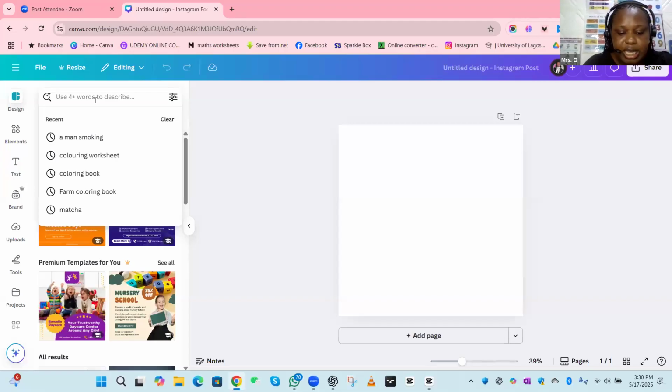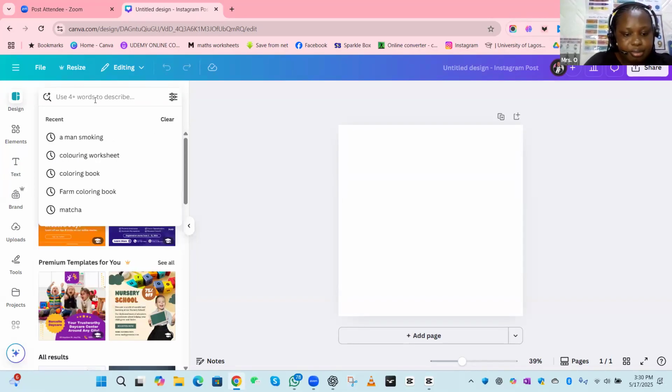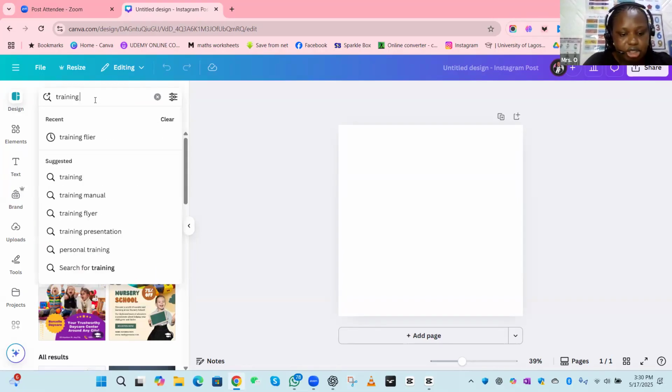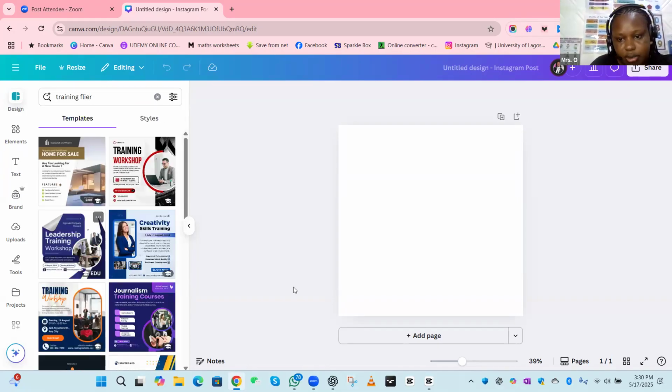I want to design a flyer, a training flyer. That's the design I want to work with, a training flyer, for instance. Now look, it has brought out different types of